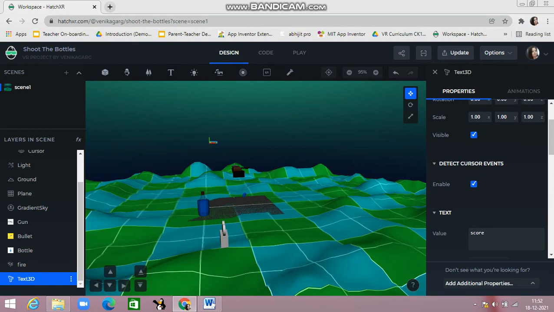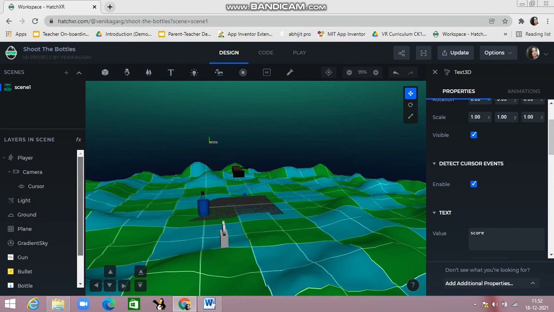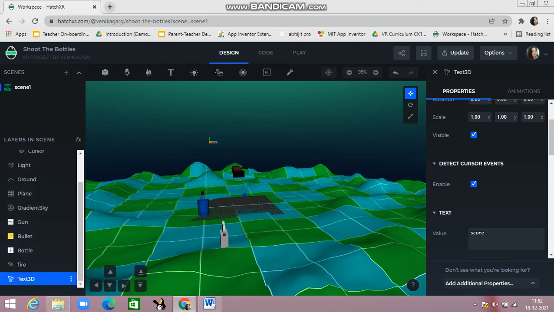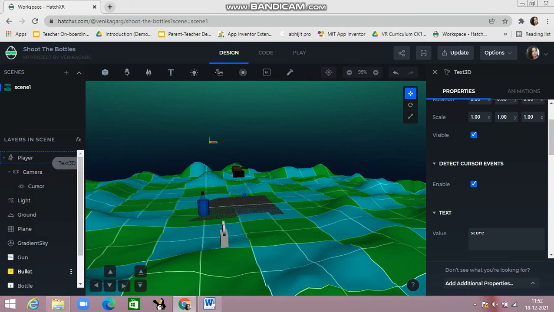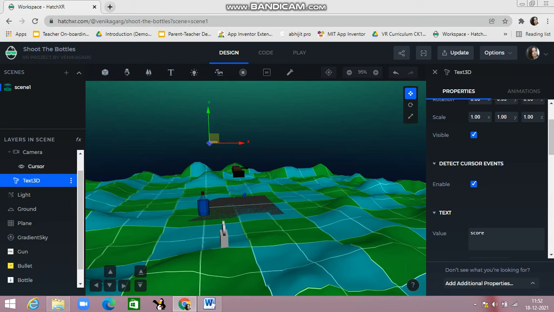I'm going to place this text inside the camera so the text will move with the camera. How to do this? You can see this. You have to just drag the text and place it inside the camera. Okay? And I'm renaming this text, making it score text.